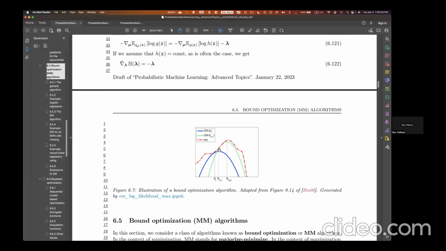And then in the next step, to go to theta t plus 2, as you can see, this is the green function that is the Q for that time step. And it is always a lower bound. So for any theta other than theta t plus 1, the green function is smaller than